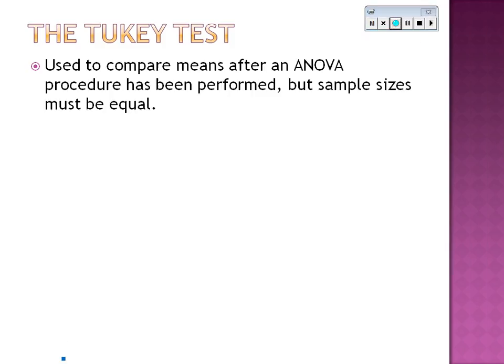The Tukey test. We can also use that to compare means after our one-way analysis of variance, but the sample sizes must be equal for this test. There's our formula. Again, we see the x bar sub i and x bar sub j. Again, those subscripts just represent the different samples that we're looking at. Then we also have our within group variance divided by our sample size. And again, there's no subscript with the n because all the sample sizes have to be the same for the